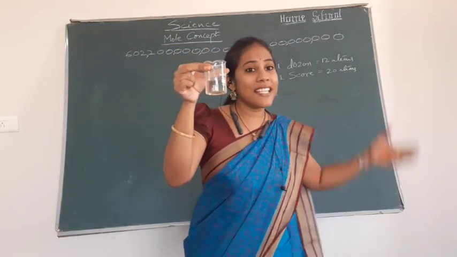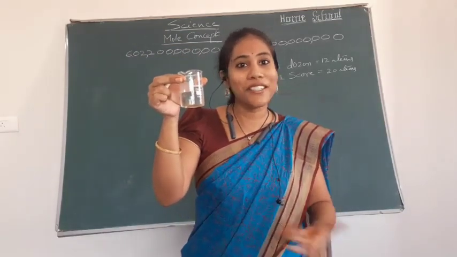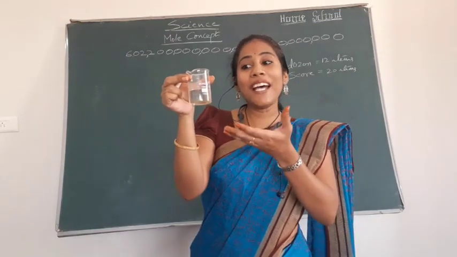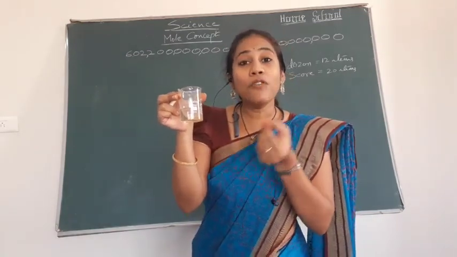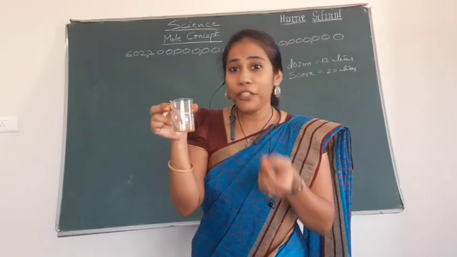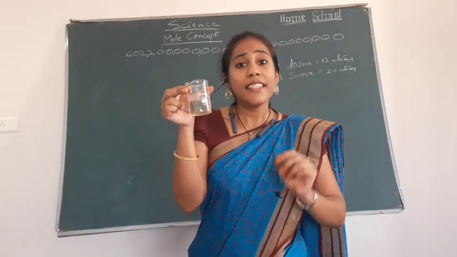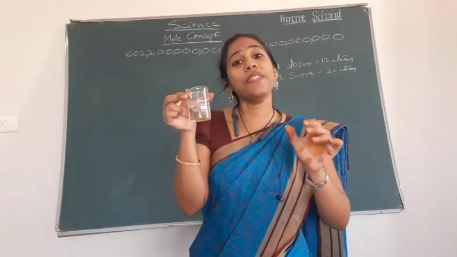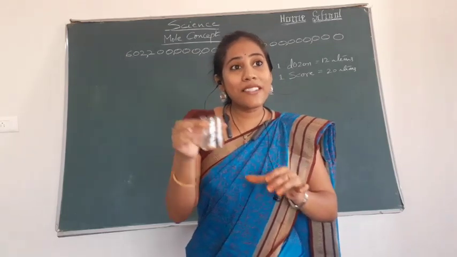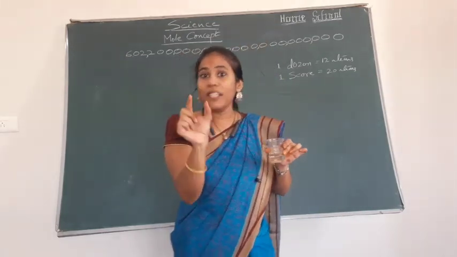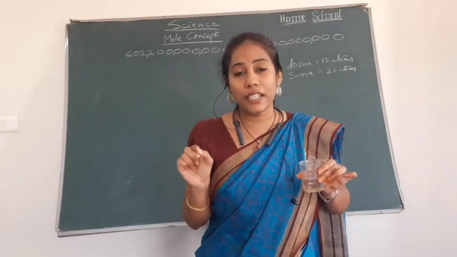So how do you tell how many molecules? Can you give an answer like 1 dozen of water molecules or 1 score of water molecules? Never, right? You would be having crores and crores of water molecules in this beaker. And the water molecules are so small, you cannot count. You cannot even see with your naked eye. Right? Then how do you say how many water molecules are there? So in our chemistry, we deal with the smaller items. The items which cannot be seen with our naked eye.